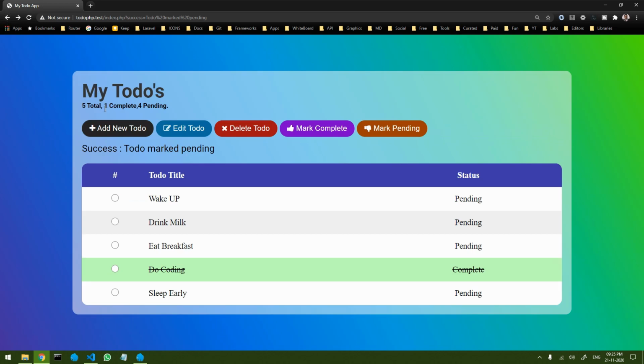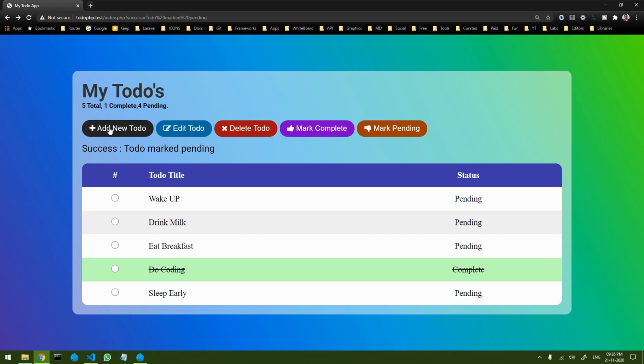Now, in the next few videos we are going to secure our app so that there is no possibility of attacks. The first attack that we are going to resolve today is SQL injection. Right now our app is completely vulnerable because in the last video we did not take care of the security part. In these next 2-3 videos we are going to secure our app. So let's begin with SQL injection.